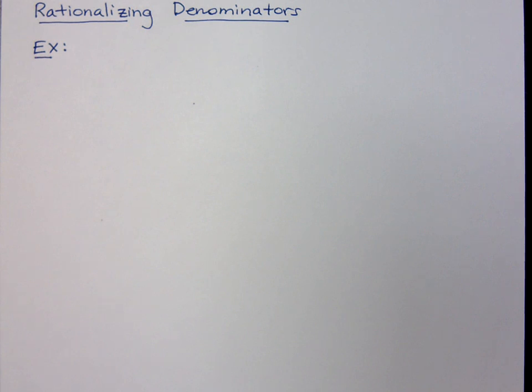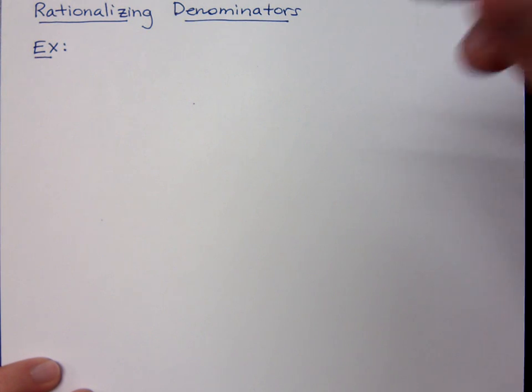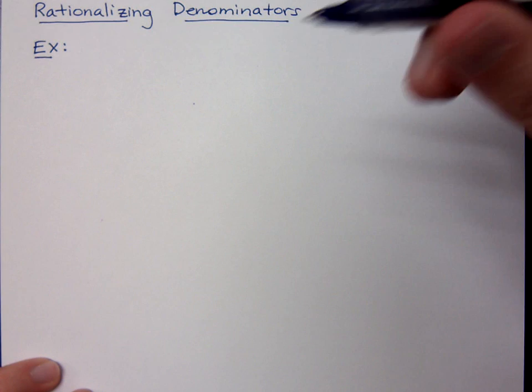Now, in the other videos that we've done, other problems that we've looked at, we've talked about adding and subtracting where you have to have like radicals. Like radicals, of course, have the same index, same radicand. We've talked about multiplying, and when you multiply, they have to have the same what? They have to have the same index when you multiply. You multiply square roots with square roots, cube roots with cube roots, and if they're not the same,